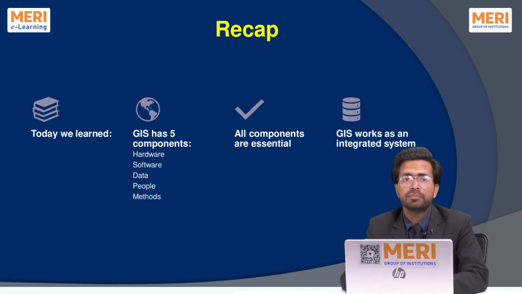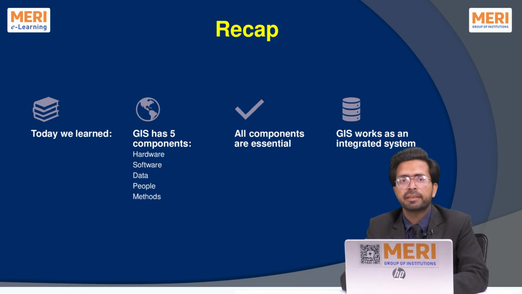In conclusion, geographic information system or GIS is not a single tool or technology but a comprehensive system built upon 5 essential components: hardware, software, data, people, and methods. Each of these components has its own distinct function, yet they are deeply interconnected and depend on one another. To ensure the effective functioning of a GIS system,